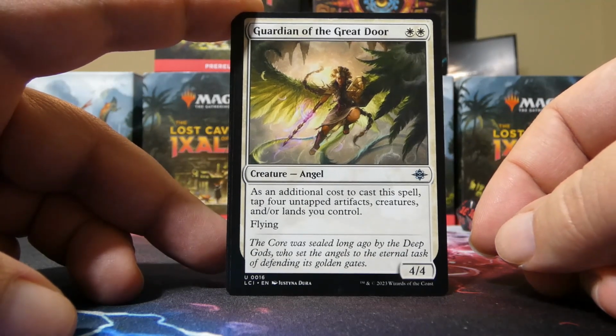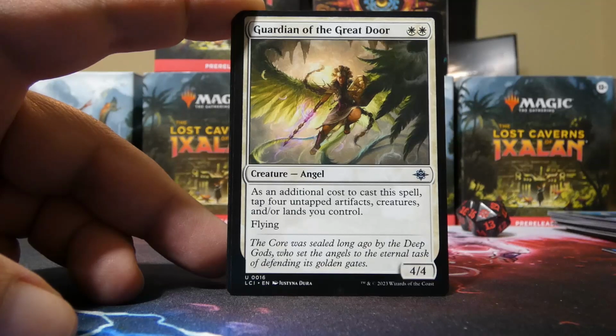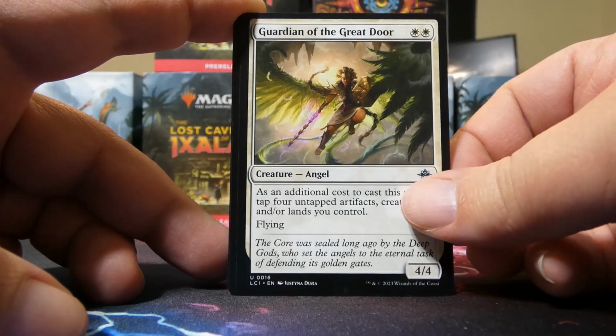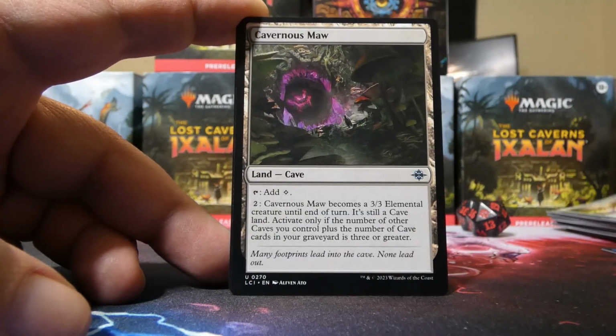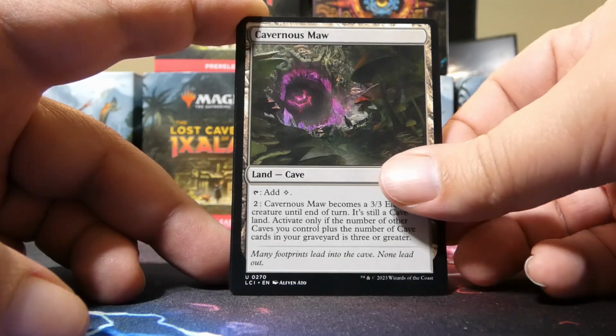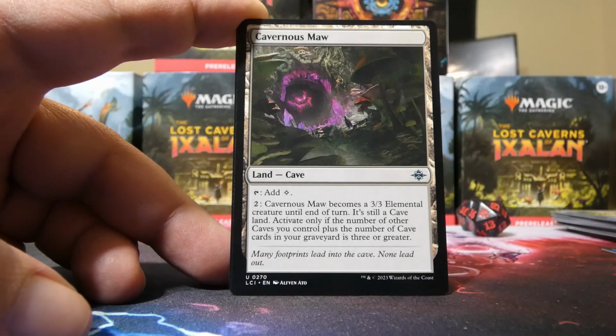Flying, very good. Obviously cares about tapping untapped artifacts, creatures, and or lands. So you're not going to get this out on turn 2. But a 4/4 flying is very good. We have a Cavernous Maw, so another cave. Very nice. And this one obviously can go in any deck. And our next rare or mythic